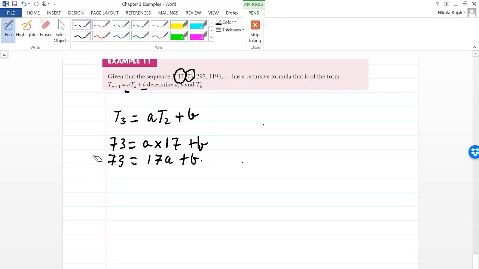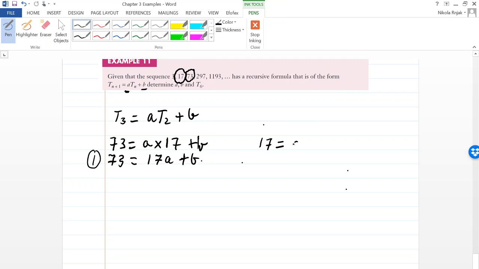Remember, with simultaneous equations, which is what we're going to use to solve this problem, you need at least 2 equations if you've got 2 unknowns, so A and B. If you had 3 unknowns, you'd need 3 equations and so on. The second equation we can get from looking at 17. If we follow the same process, 17 is equal to